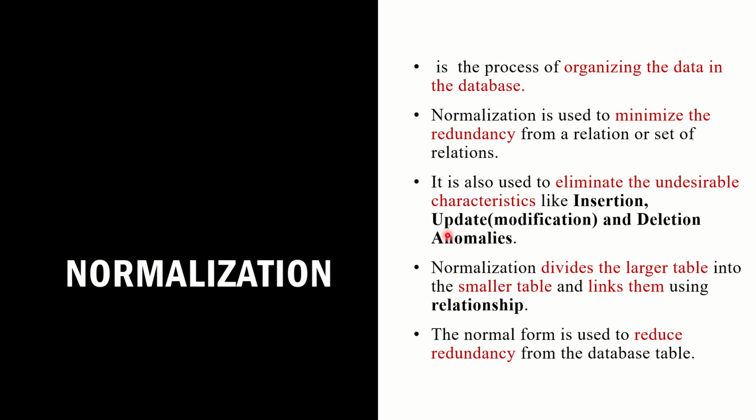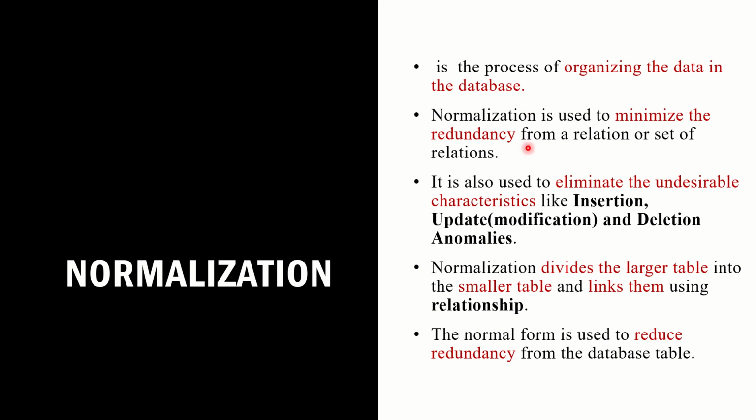That is, suppose we want to create a database for a hospital or a library management system. First, we have to consider which data should be stored in different tables. So we have to organize the data, that is, how many tables may be needed, and which values, which data should be stored in each and every table. So we have to make an organization. The process of organizing the data in a database is called normalization.